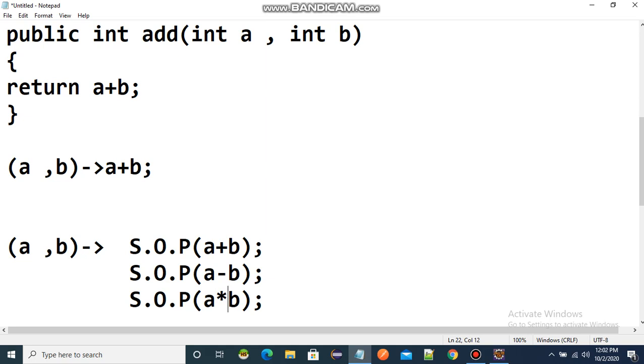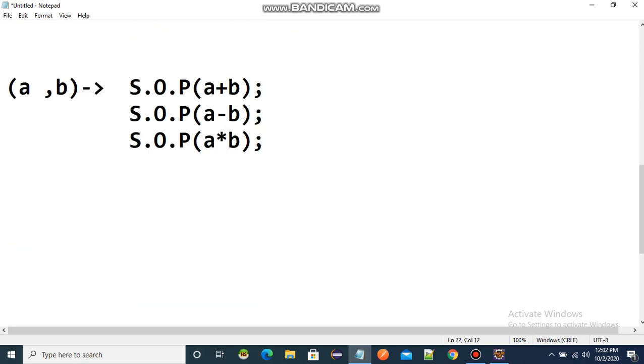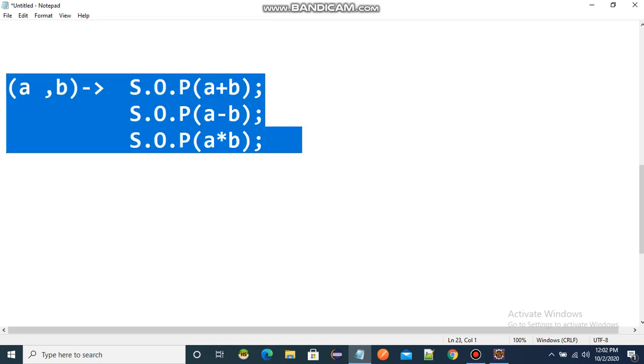In this case, is this part a valid lambda expression?